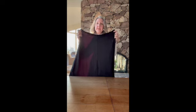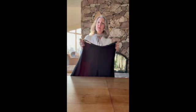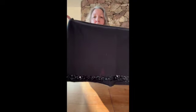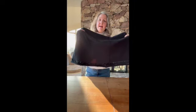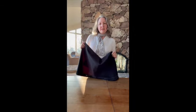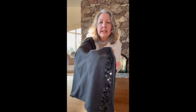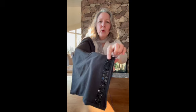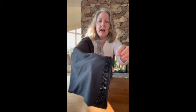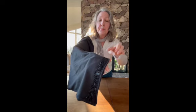I started it in that last video to show you how to attach the waistband, and I told you that I was going to be doing armored beading around the bottom, as I was inspired by the layered look in the Alabama Chanin Studio Sewing and Design book. And as you can see, that's what I've been doing. It's a 1-inch border that I did 1 inch from the bottom of the skirt. And it has chop beads, bugle beads,